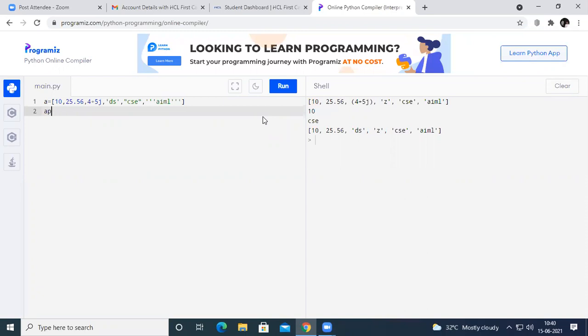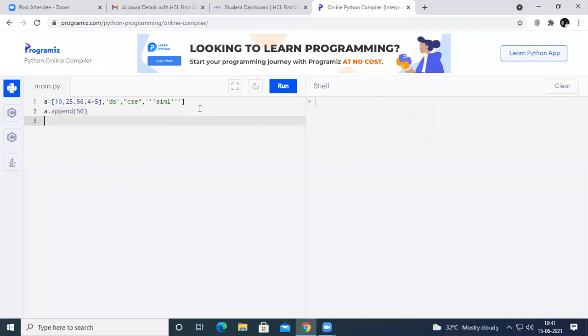For example, I want to add to the list A, so A dot append of 50. If I do so and print the list again, the last element will be 50.